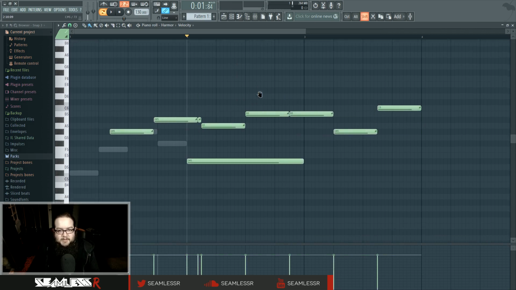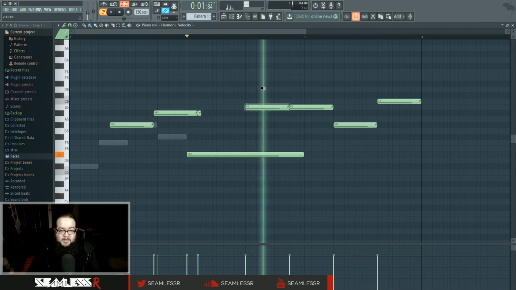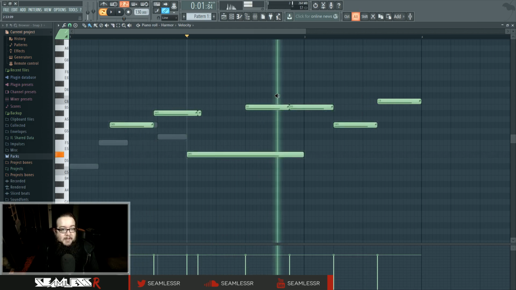You hold down Shift, or Alt is it? Well, Alt gives us the playback. Alt right click gives us the manual playback of the notes that we have involved in there, which you can also access up here, I believe. Yeah, right there. A lot of these parameters up here have either hold commands, keyboard shortcuts, or straight up other